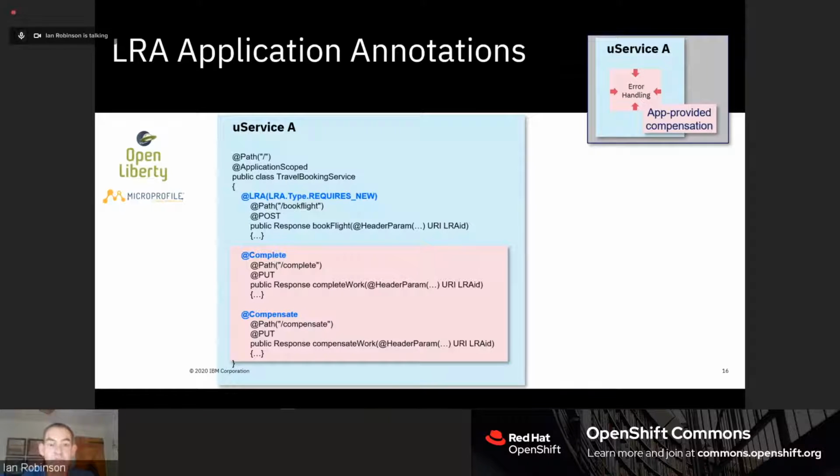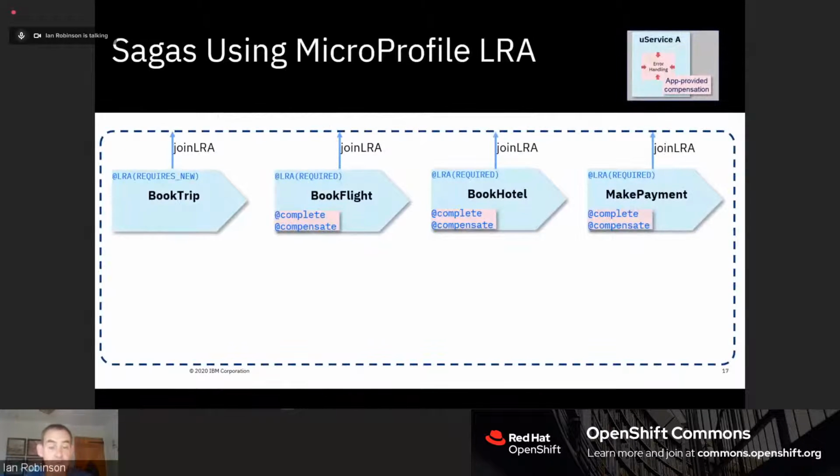That's what the platform takes care of, and that's the hard part. So a typical saga might look like this. This is a familiar example, booking a trip. So here we see 4 microservices. The book trip